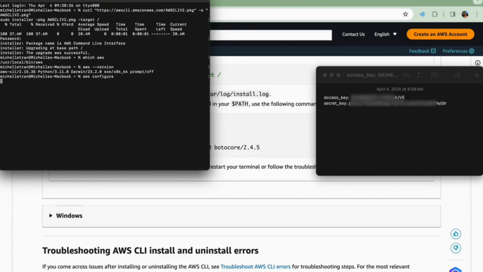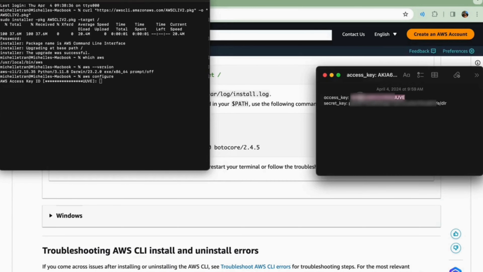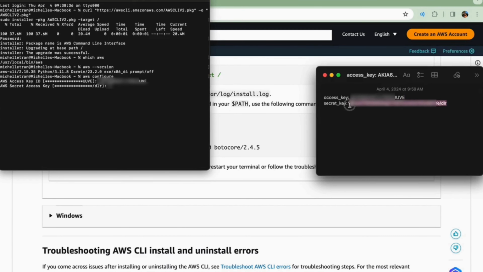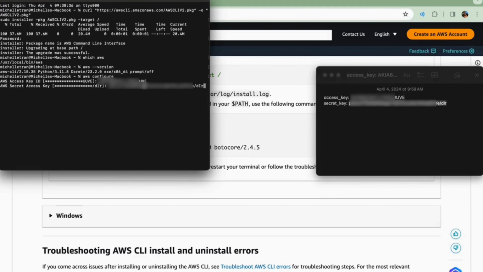After we have installed the AWS command line interface, we must configure AWS. To do so, we must type aws configure. It will then ask for our access key, secret key, region name, and output format. For the region name, put us-east-1. For format, you can pick either JSON, YAML, text, or table. For me, I did JSON.